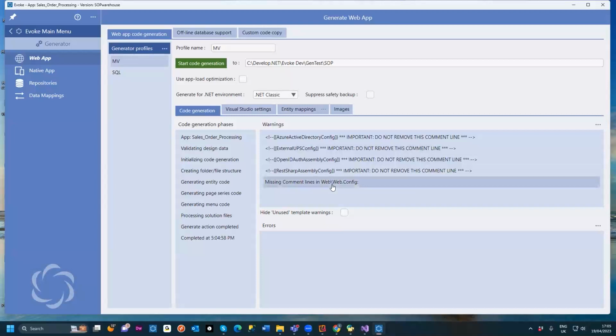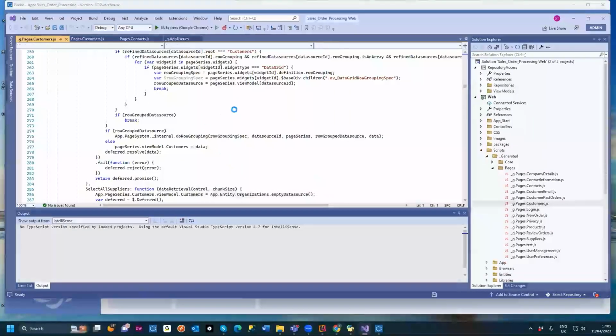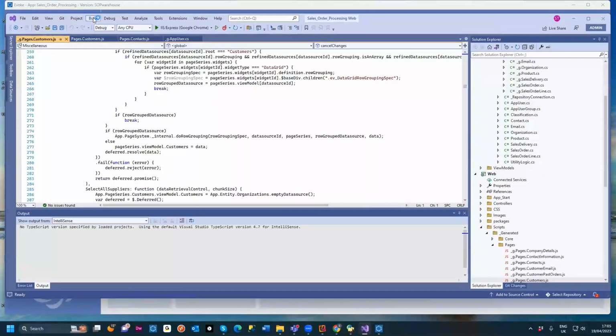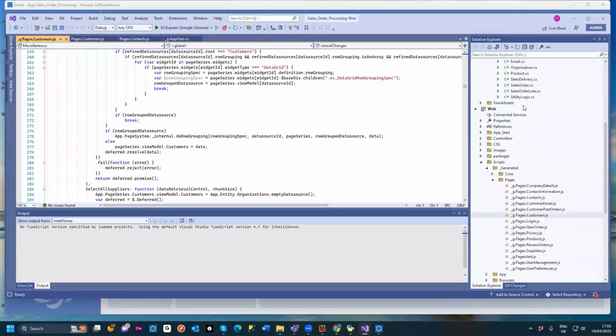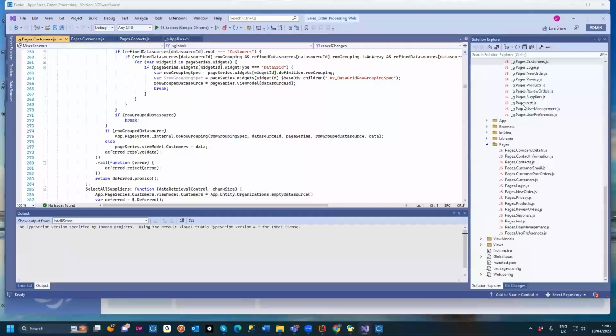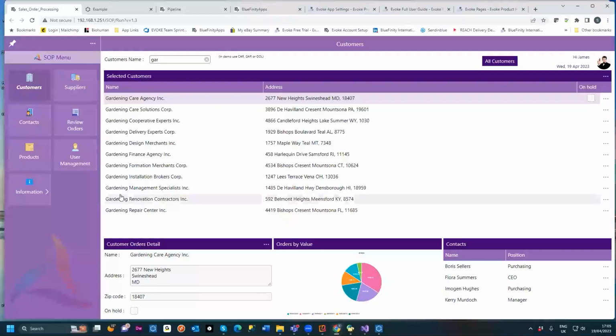Now, warnings can be ignored. However, there is, again, full help on all the warnings. Now, if I go into Visual Studio, it's asking me to reload that app design because I already had it open. I've got over here all of the different files that have been created by Evoke to make a full and complete app design. And so if I go back to my app here, all I need to do is a Control